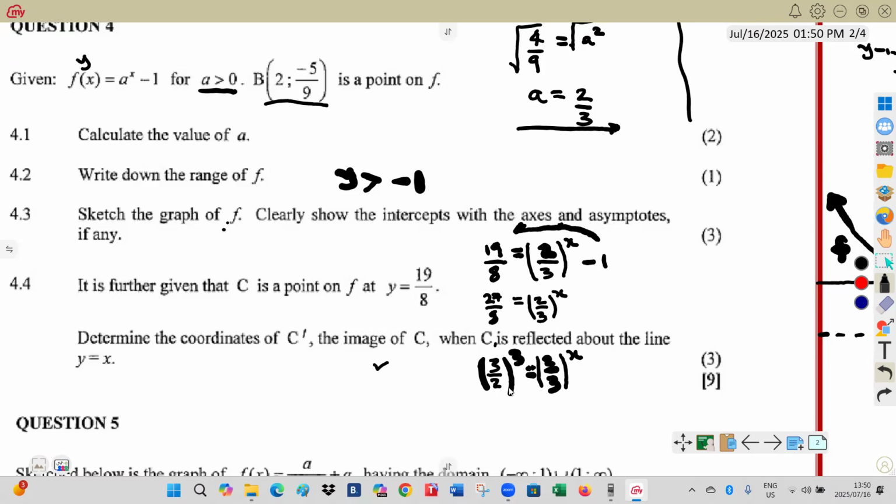But we have to take note that the moment you reciprocate the base, we change the sign of the power. So this can be written as 2 over 3 to the power negative 3,